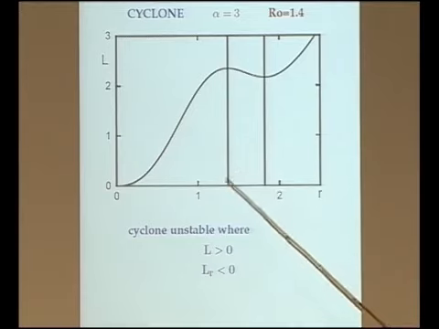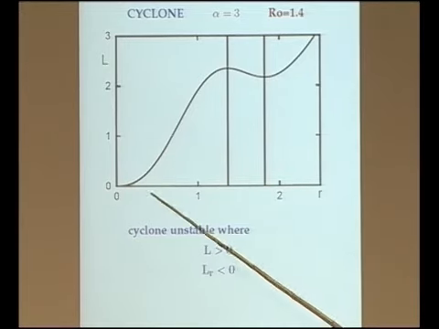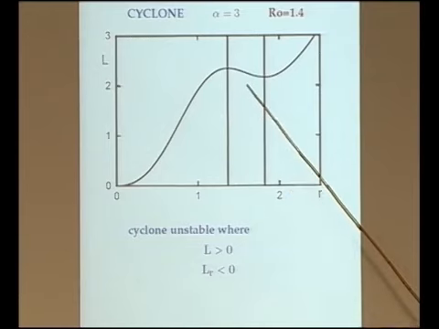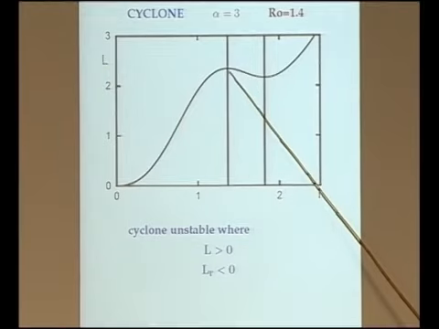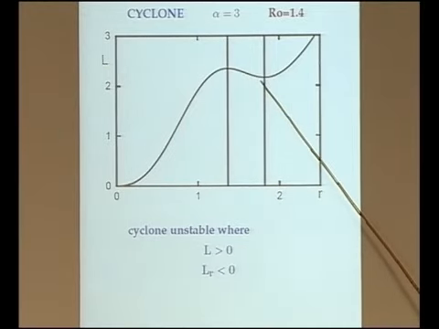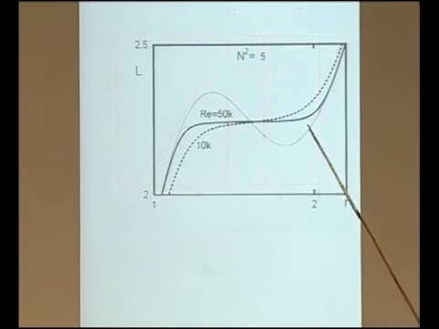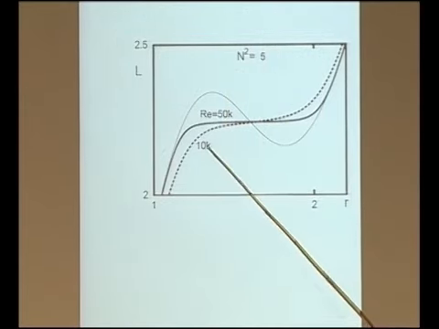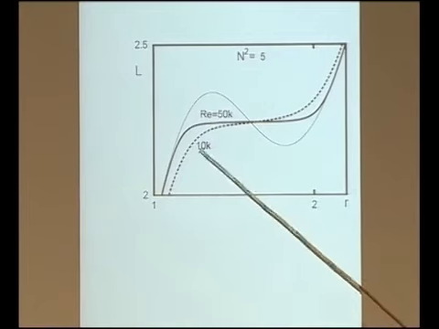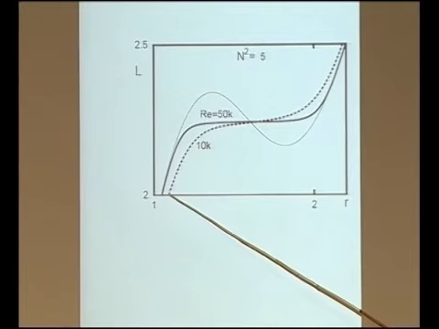Cyclone is interesting because the profile is rather different, but a similar principle will apply. So you take, this is a typical cyclone for this family of vortices, a typical graph of angular momentum. And you see you're going to have instability in here because L is positive, but LR is negative. And so now we have,